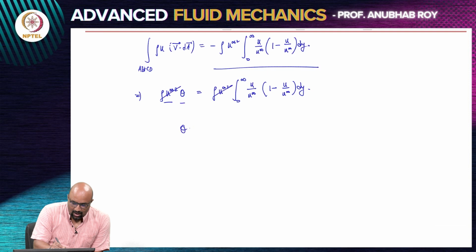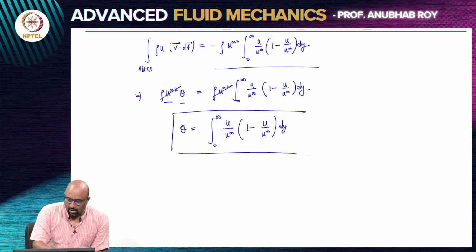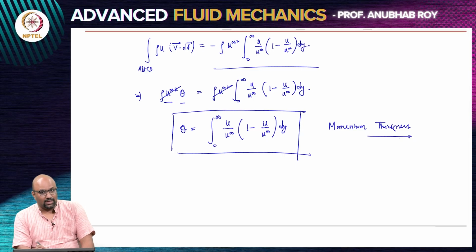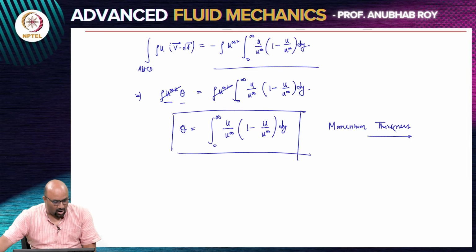So, there is now another way of measuring the boundary layer thickness in terms of the loss of momentum. This is known as momentum thickness. We have arrived at this by arguing that the momentum thickness is basically a length scale, a boundary layer thickness measure, which gives me the compensatory loss of momentum, or a measure of how much